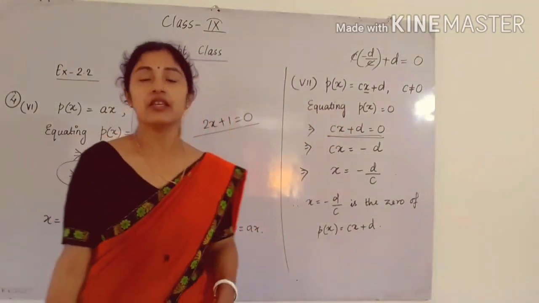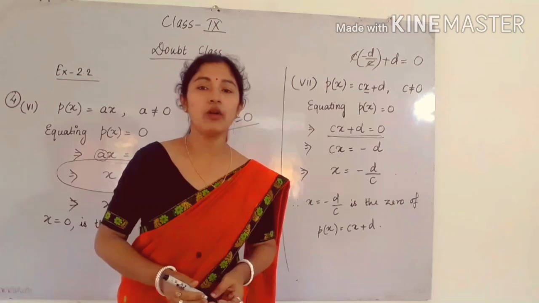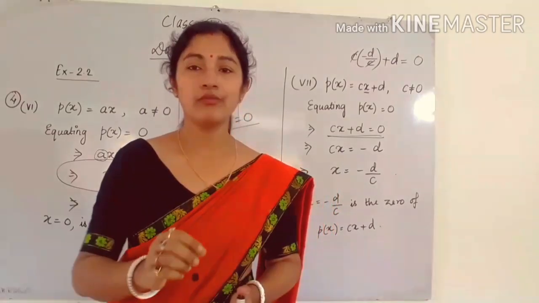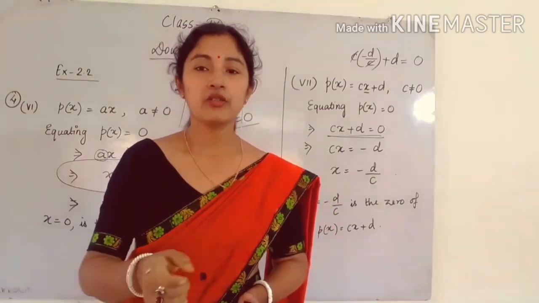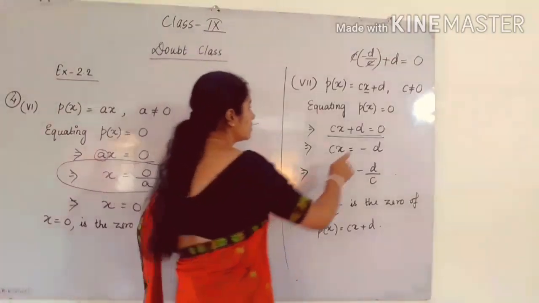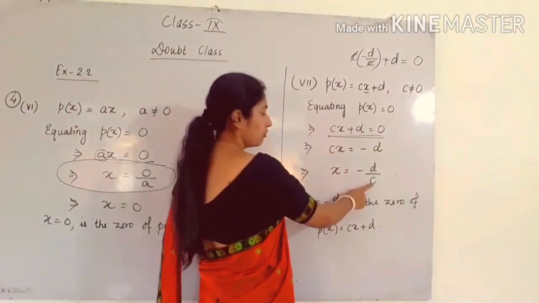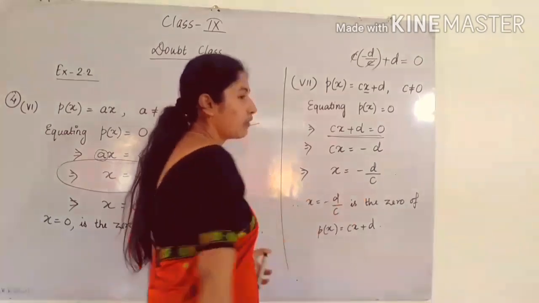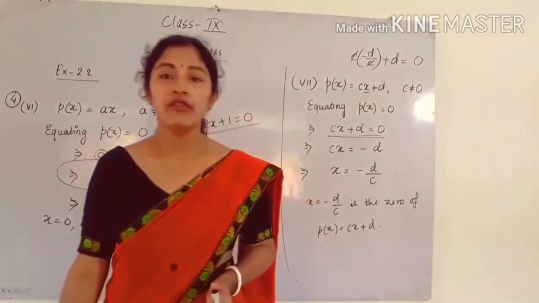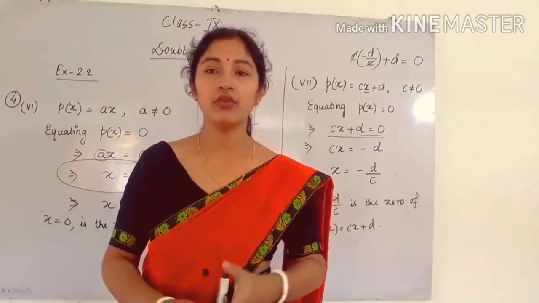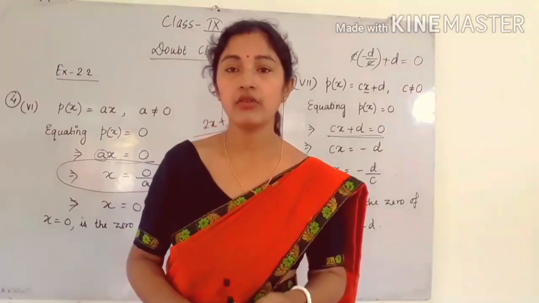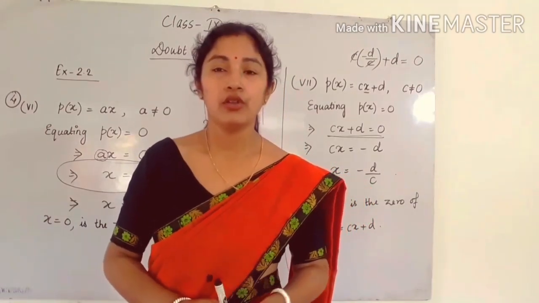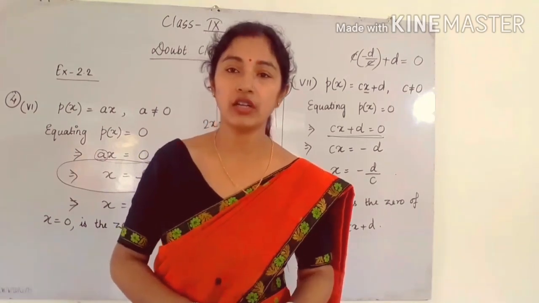a, b, c, d, if these are used, these are all real numbers, and in some cases it will be written that some particular value will not be equal to 0. Because why is it written? See here, why is it written c is not equal to 0? Because c will come in the denominator. See here, c comes in the denominator, and if the denominator is equal to 0, then the value will not be a meaningful value. Okay, it will be a meaningless quantity. All of you know that if in the denominator the value is 0, then the number will be a not defined number. Okay, that is not defined. You can say not defined or meaningless quantity.